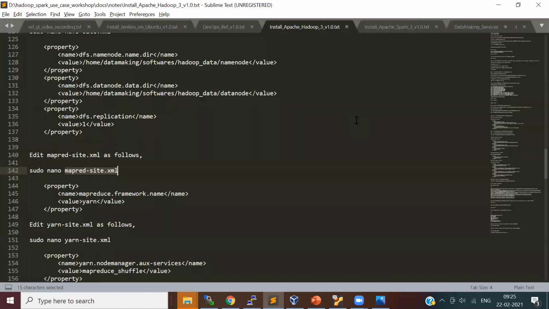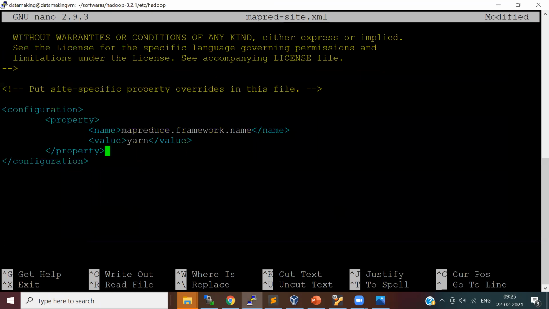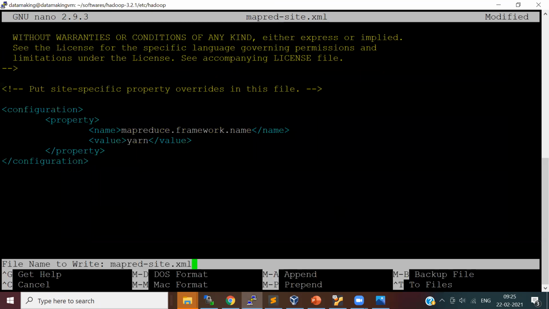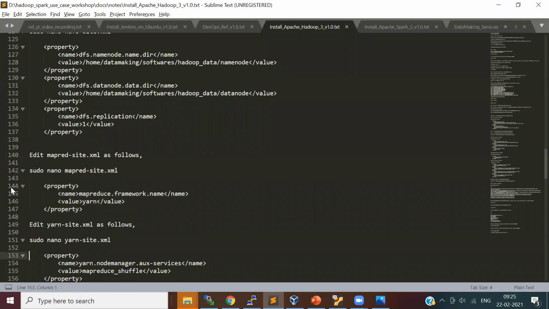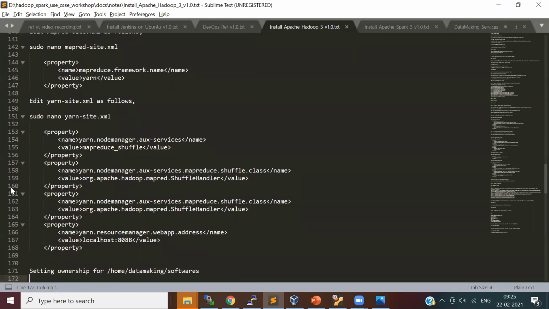Okay, so in this file, we are updating this property. Then finally, we'll come to the yarn-site.xml.